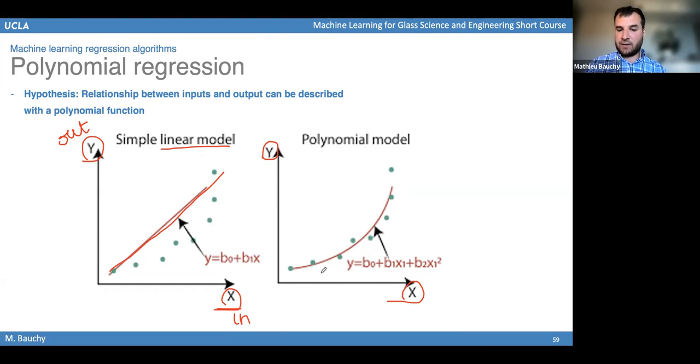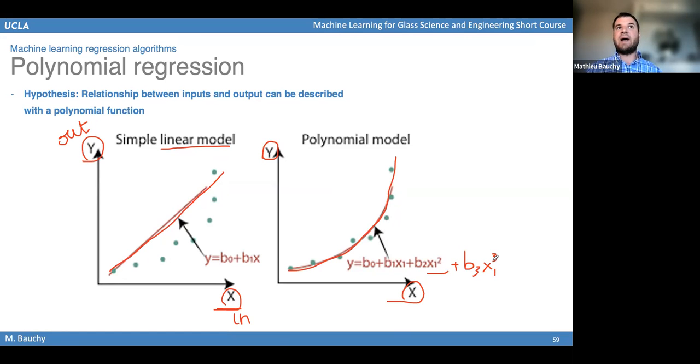Or I think that the relationship is actually more complex. It's polynomial. It should be described by a quadratic relationship like this. Or I think I should have an even more complex relationship with a cubic term. So here you will need to make an assumption about how complex you think the relationship between the input and the output is. So that's something we'll talk more about tomorrow, about how to